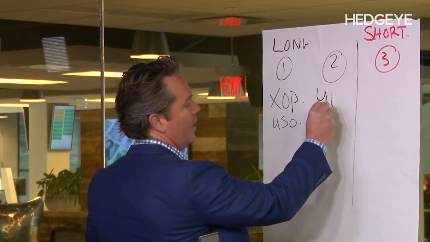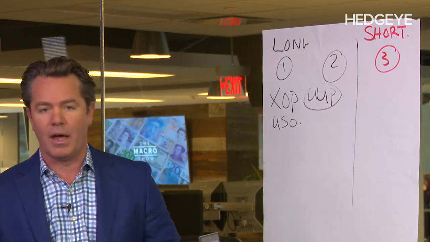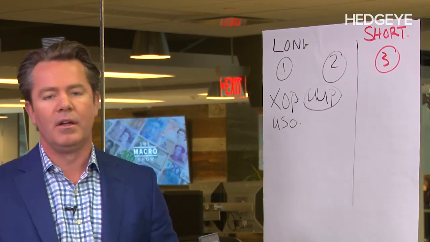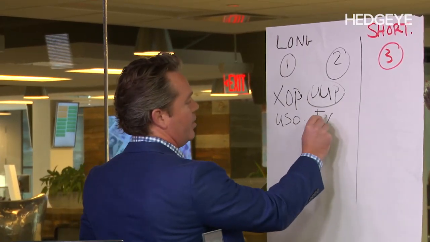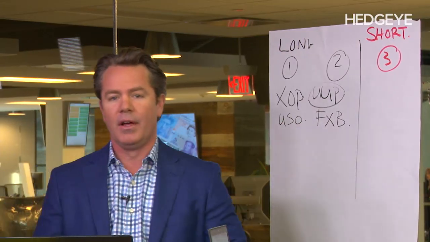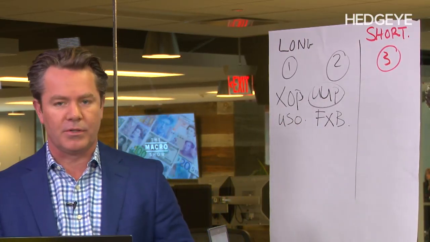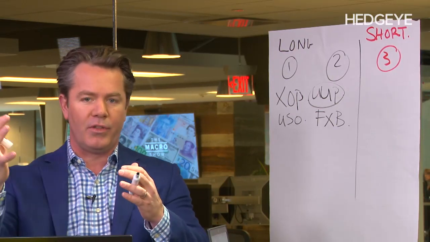And then right here, our favorite currency continues to be, this is the ETF for the US dollar, or the bullish position in the US dollar. So that's UUP. Our second favorite currency is still FXB, which is the British pound. So those are four long ideas that we'd have this morning from yesterday's closing price, in as much as ways that we take down our net exposure, again, shorting things against your capital.